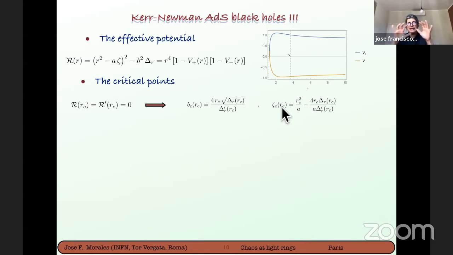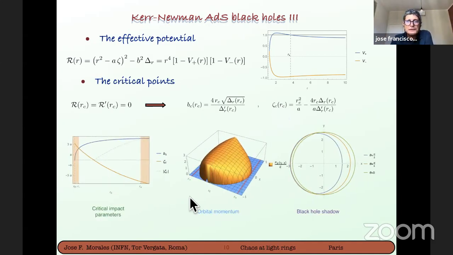You see, unlike in the case of the spherically symmetric black hole, in which you have a sphere, here you have a squashed sphere. The radius is not fixed. The radius can vary in an interval, r minus to r plus. I just draw this graph. The form of this graph is not important. What is important is to see that you can compute the critical value of B and the critical value of theta in terms of the radius.